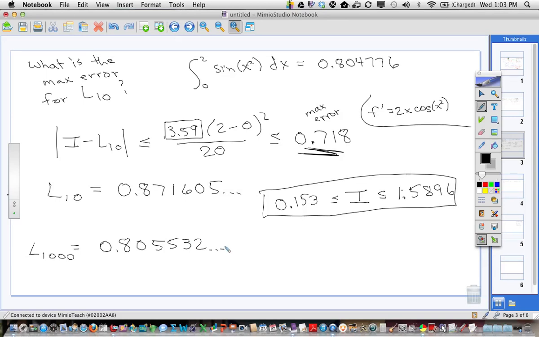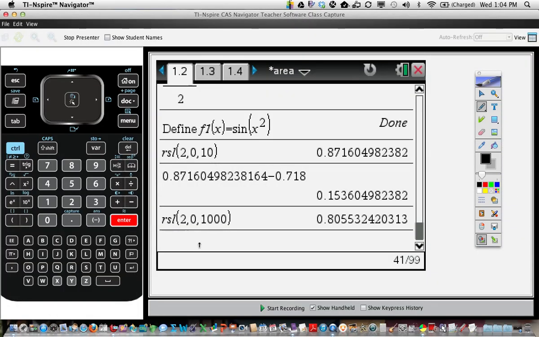Okay. Now, let's do our little max error calculation for this one. So what would we put in the box? That wouldn't change, would it? We're going to do 1,000 left rectangles. The function's still the function. K1 is still the max of f prime. So 3.59 would still go in the box. What would go in this part of the formula? Same thing. What would go on the bottom? Instead of 20, it would be 2,000. So let's go ahead and calculate that. Actually, that'll be pretty easy because you can do it right on this page. That's fine. So 3.59